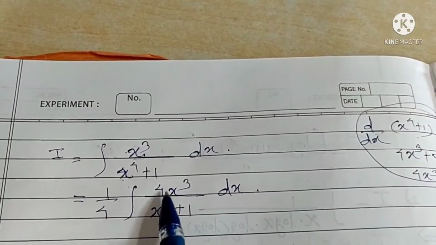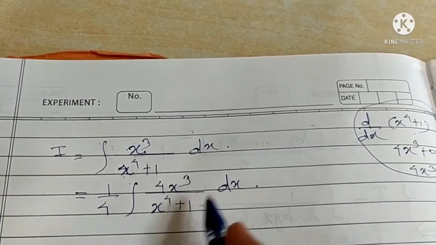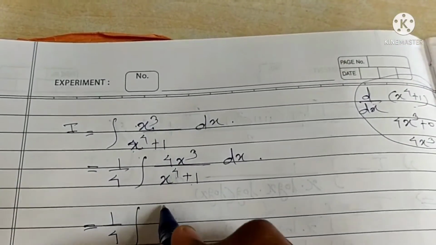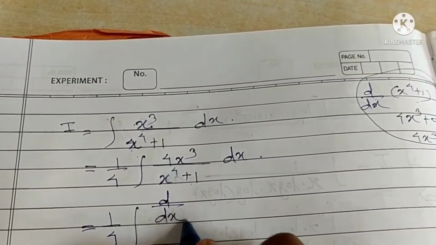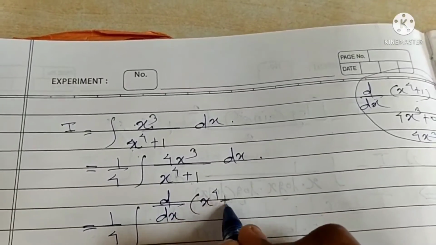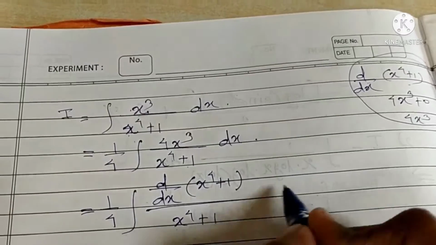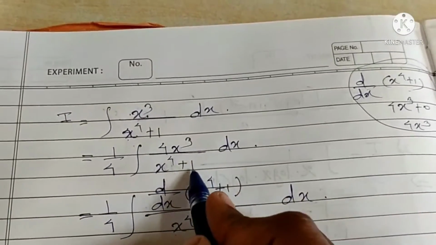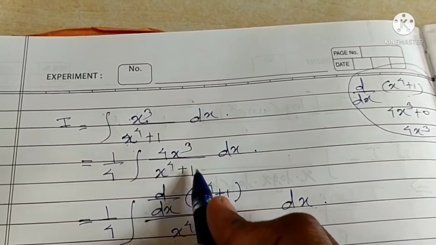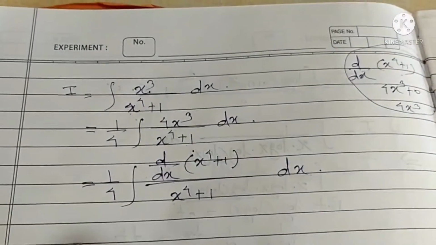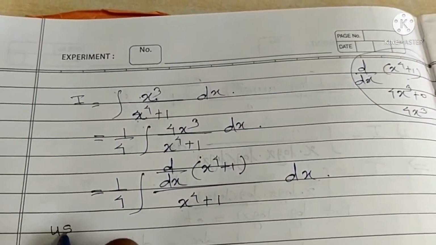Now we know that this is the derivative of this function, that's why here we can write 1 upon 4 integration of d by dx of x raised to 4 plus 1 upon x raised to 4 plus 1 dx, because here the denominator is a derivative of numerator. Okay. So using